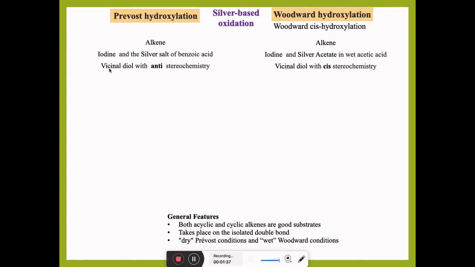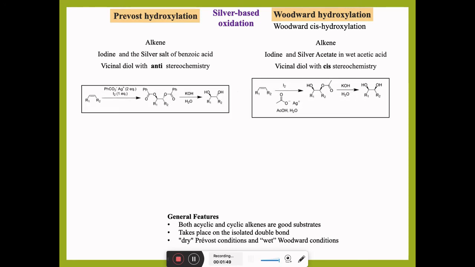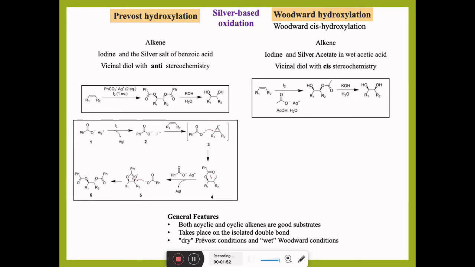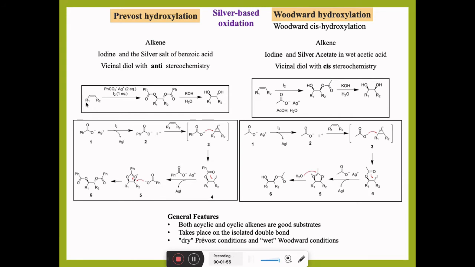The product of the reaction in both the cases is vicinal diol, but in Prevost hydroxylation you have anti-stereochemistry of the diol, and in Woodward hydroxylation it is cis diol. So let us see the reaction and the mechanism. In case of Prevost hydroxylation, an alkene when treated with the silver salt of benzoic acid, 2 equivalent, and 1 equivalent of iodine, will give you this diester,